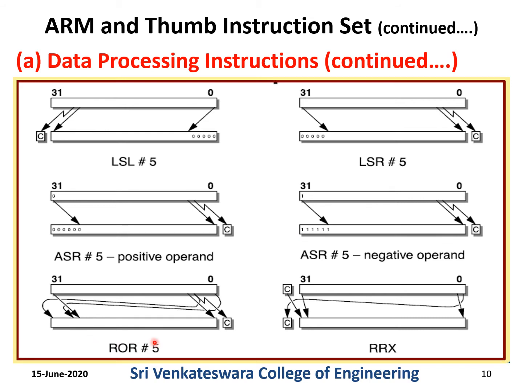So the next instruction is ROR, rotate right. So rotate right, all the bits will be shifted to the right. The least significant bit will be rotated back to the most significant bit side. So LSB will come to MSB. So this happens 5 times. In all these examples that we saw, the carry flag was not at all affected.